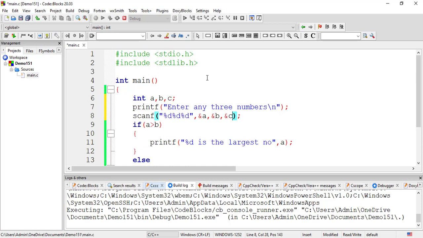And now what I want is, I want to find out the largest of these three numbers. I want to ignore the cases where the two numbers are equal. I'm not concerned, right? I'm not looking at that problem right now. You can look at that. It will make a little bit complex logic. But let's first understand the simple logic. So I'm not concerned whether A and B are equal or B and C are equal, right? That you can do later on.